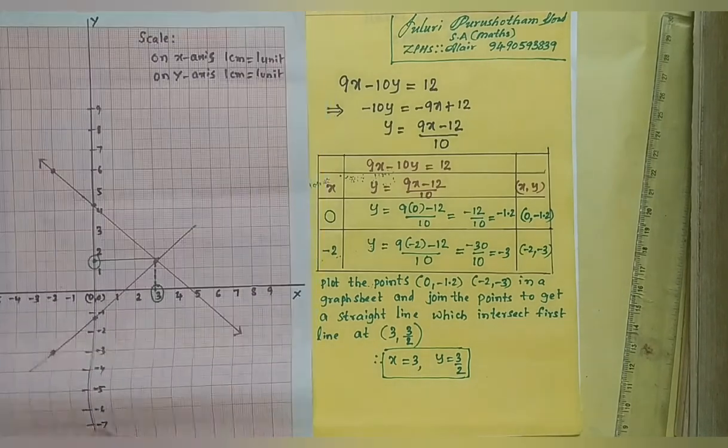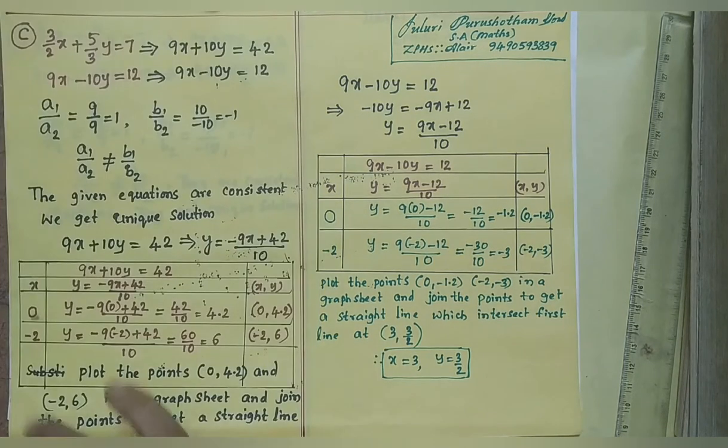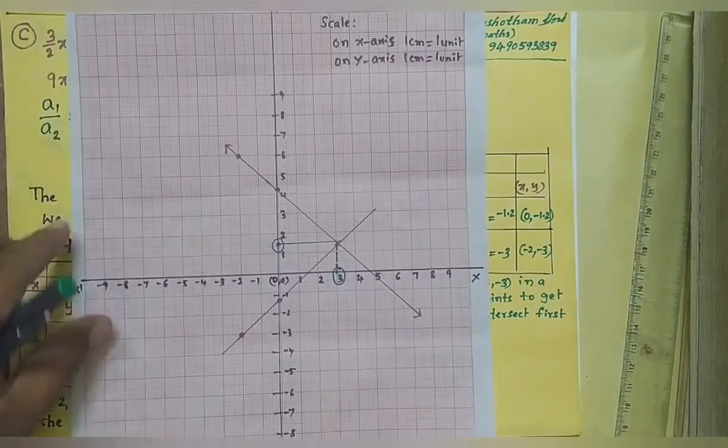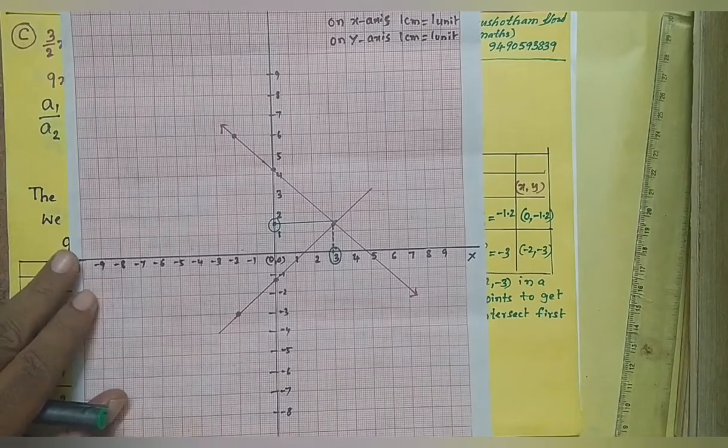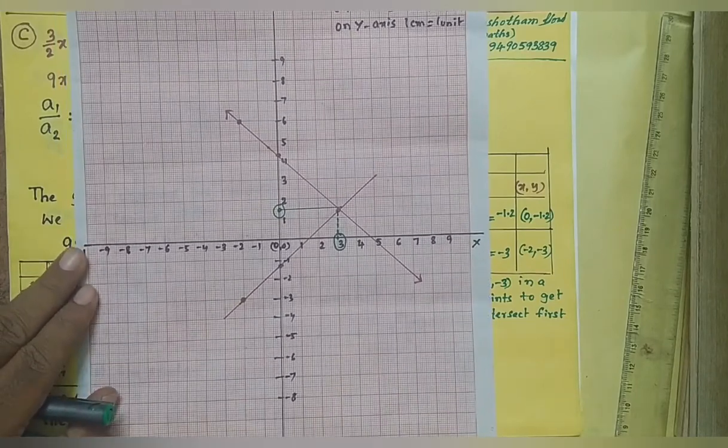This is the method to do the graphical solution. Is it clear now for all? Once see the graphical information, then you have to check this graph now. Okay, is it clear?